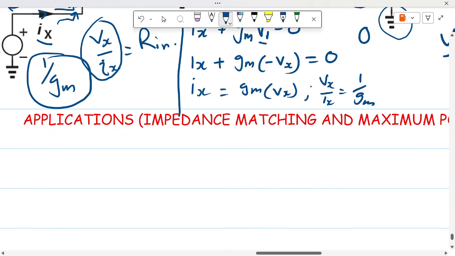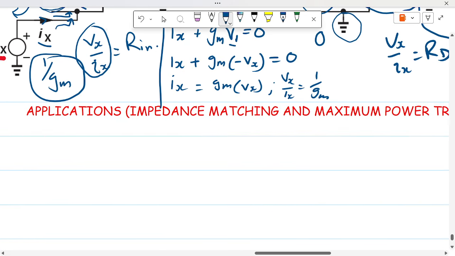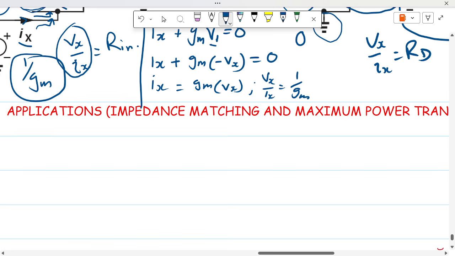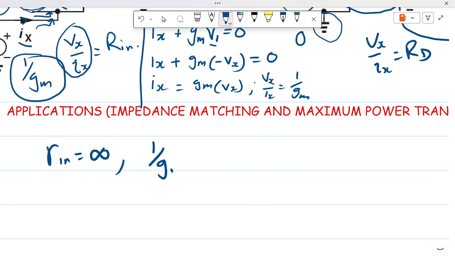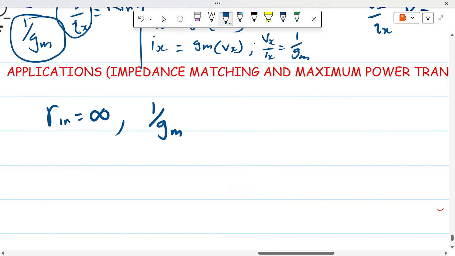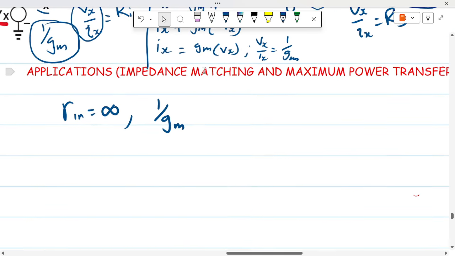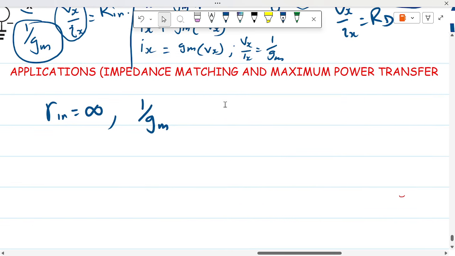What we notice in the common gate stage is a significant reduction in the input impedance. The common source stage had an input impedance of infinity to low frequency signals. Now we are talking about a new topology that has low input impedance. How is this important? Okay, so we look at what we call the maximum power transfer